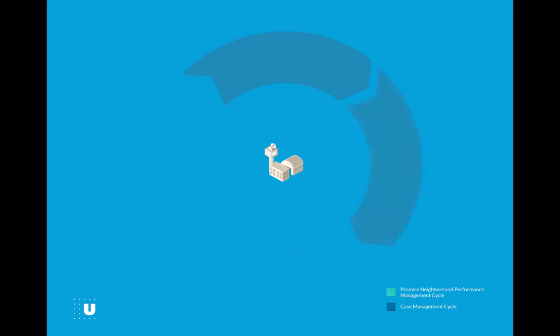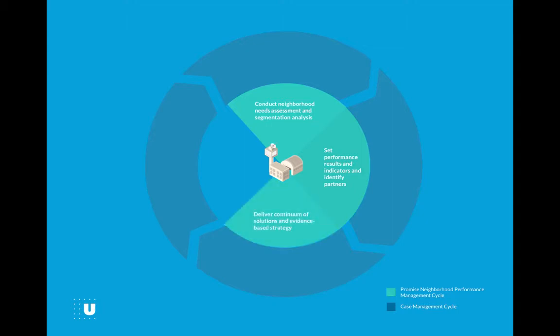Initiatives are no stranger to data. Most are familiar with the common performance management cycle that takes place at the initiative level. Initiatives conduct needs assessments to understand the strengths and challenges of a community, identify desired results, implement a continuum of strategies to help achieve those results, and regularly measure how the community is changing in order to decide what should be done next. This performance management cycle produces initiative-level or community-level data about what is needed, what is being done, and how it's working.